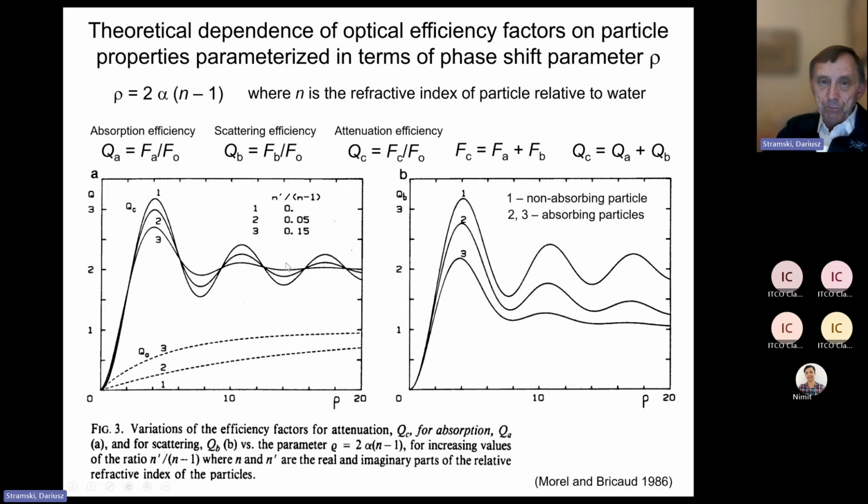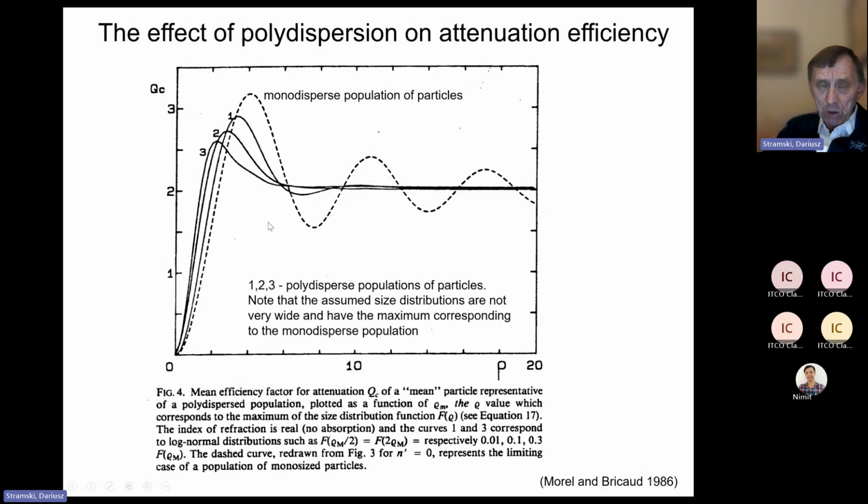So if we assume some type of particle that has a central or modal diameter, and if we allow this slight variation in size around this modal diameter, then the theoretical calculations for this small degree of polydispersity will change these theoretical curves in a way that we damp these oscillations. For example, curves 1 to 3 are just different assemblages that have slight polydispersity added to them. And you can see these curves